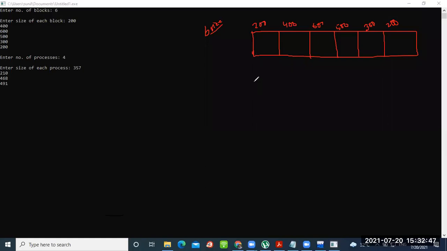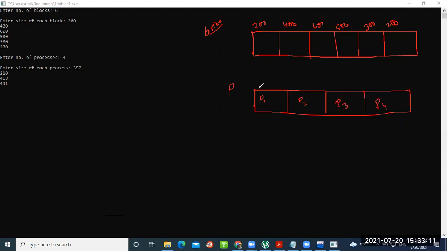Now these are the two inputs. I also requested 4 processes: process 1, process 2, process 3, process 4. Let me write P1, P2, P3, P4.